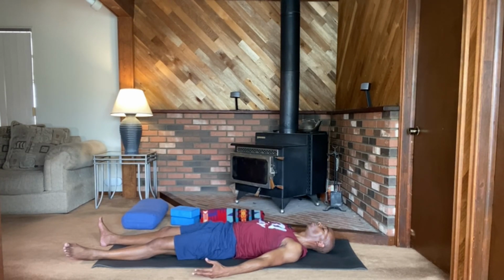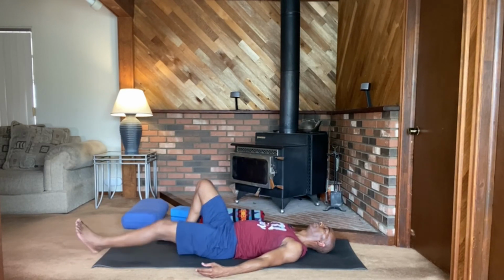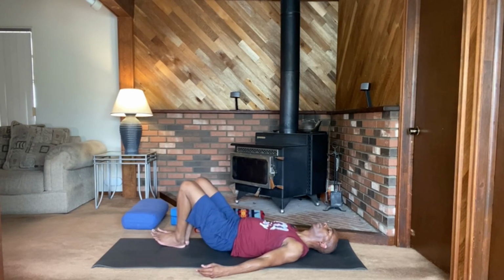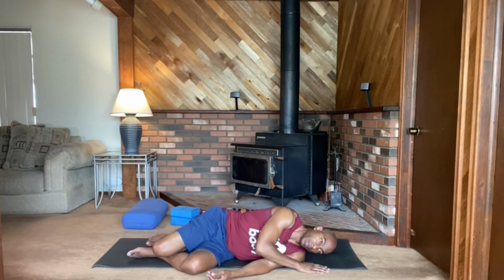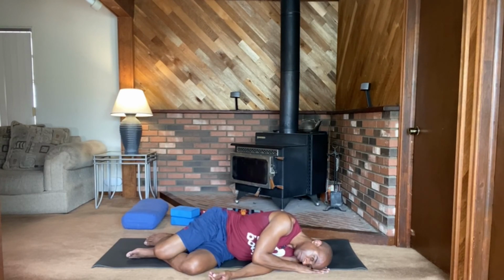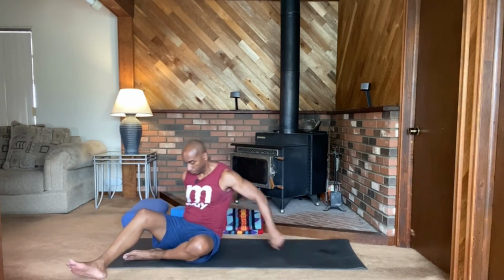Taking your time as you move in slow motion, and roll onto one side of your body into a nurturing pose. You might hold here for a breath or two, longer if you'd like. And go ahead and rise up, taking your time. Come to a comfortable seat,